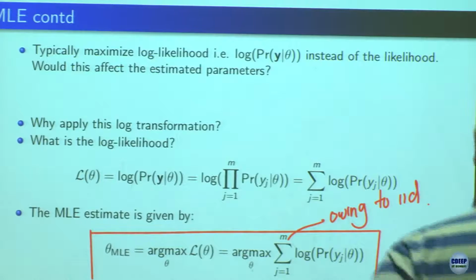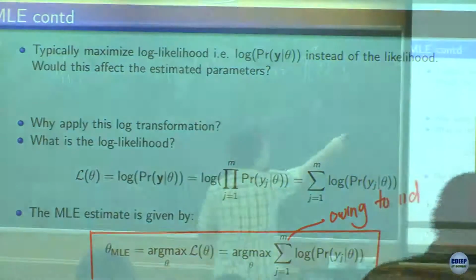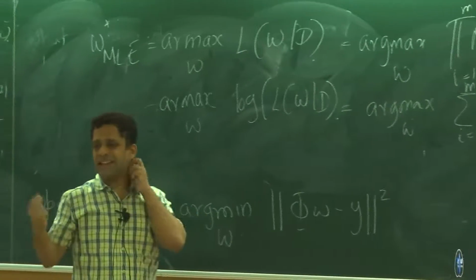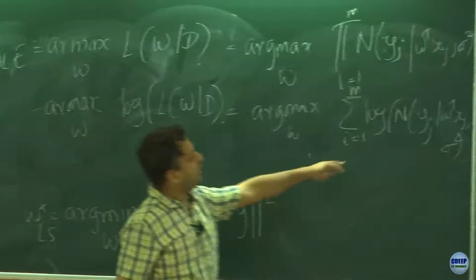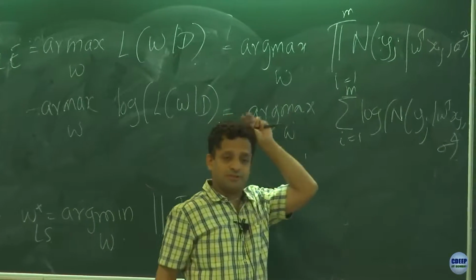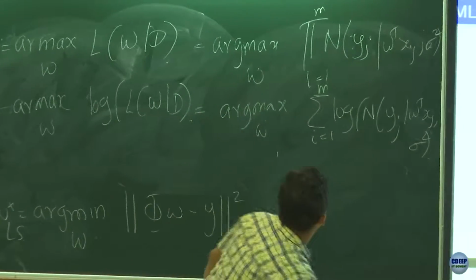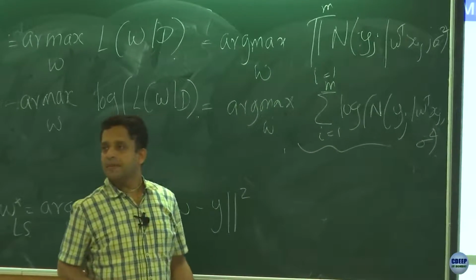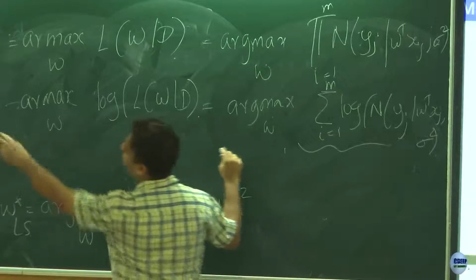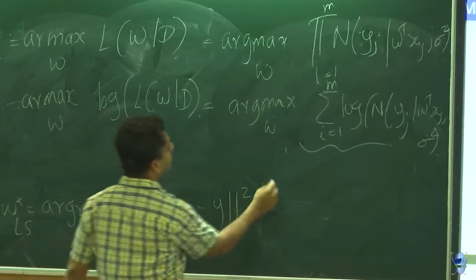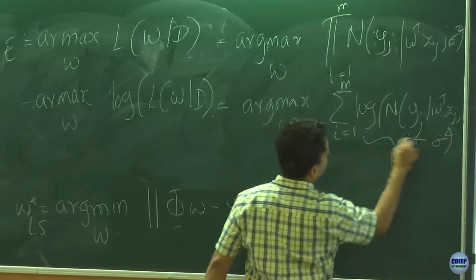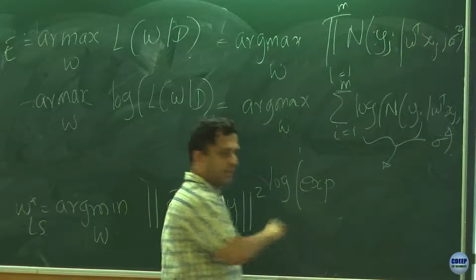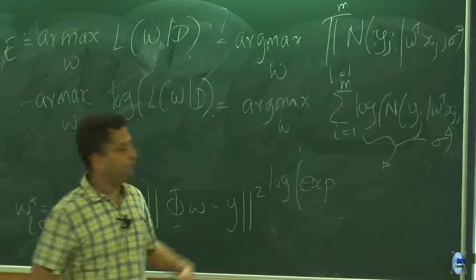Okay, now let's complete the story. If you try and expand the N, do you think you will get this form? What does N have? N with the yj, w transpose xj. It has an exponential, it has this exp part where we have written there, right? So let's just look at this specific form. Everything else is a detail. We'll have log of, forget the other multiplicative constants, log of exp of,